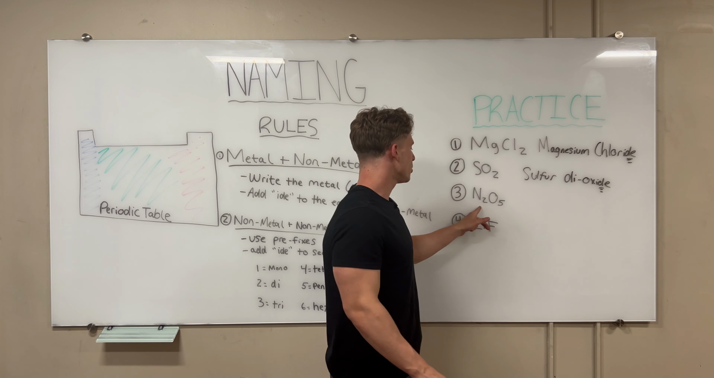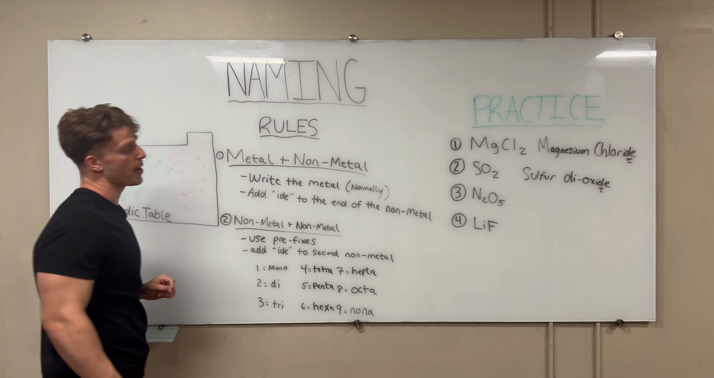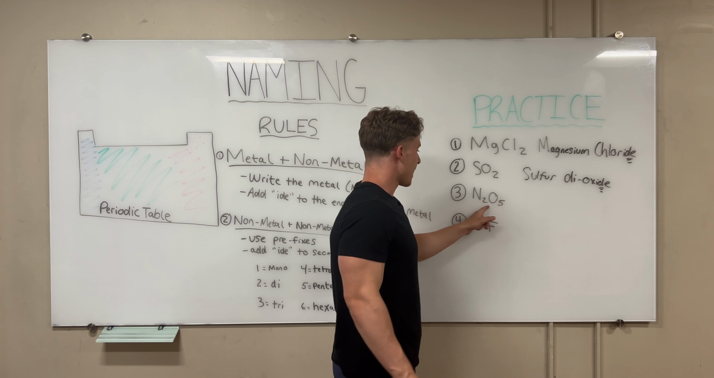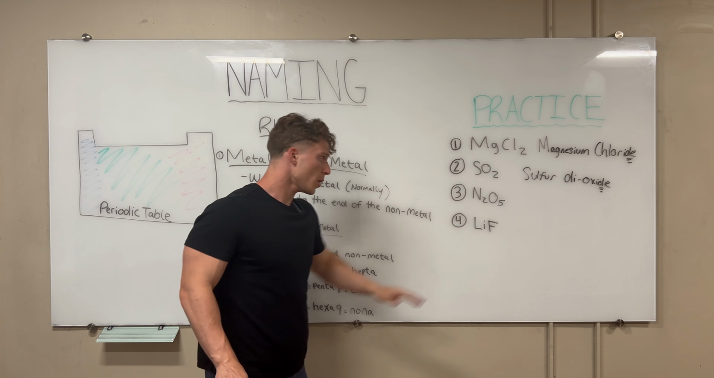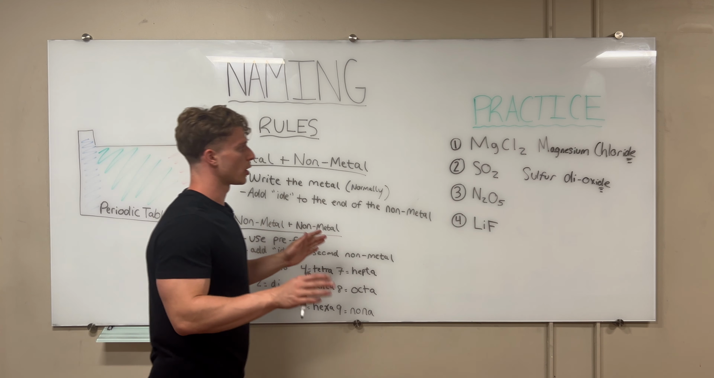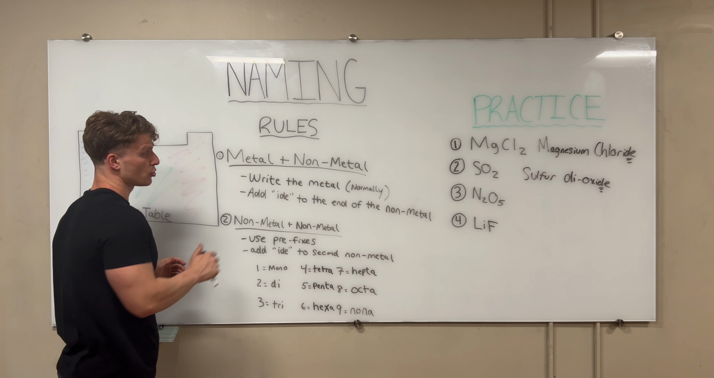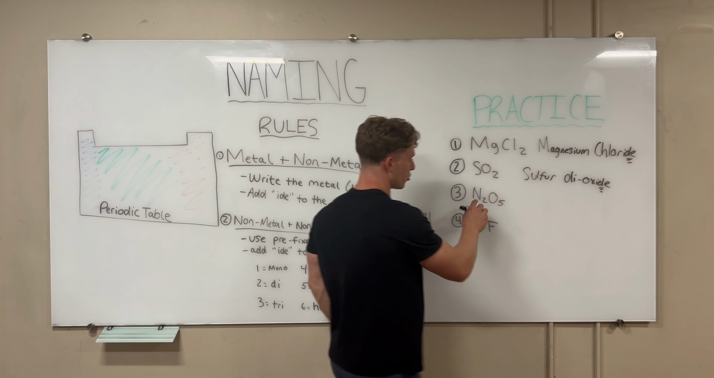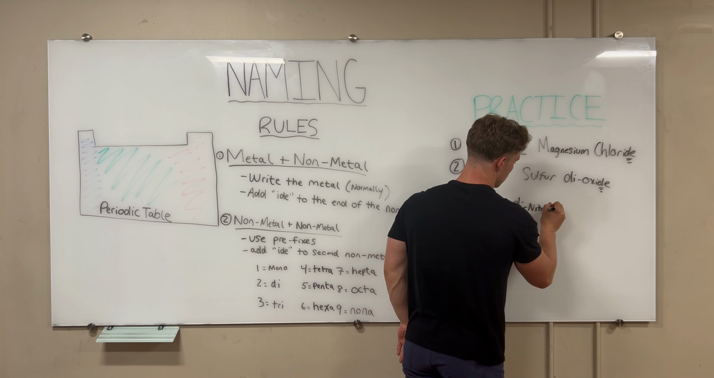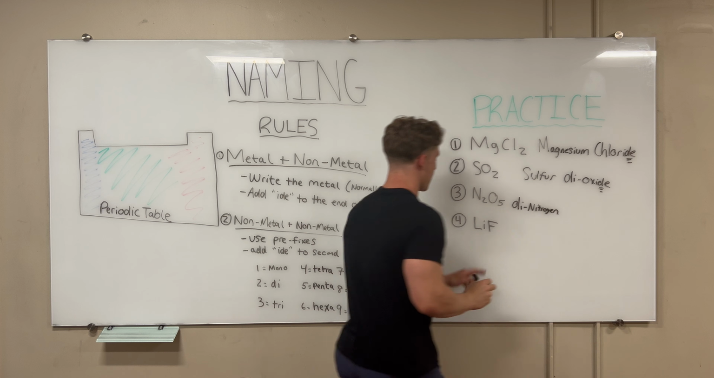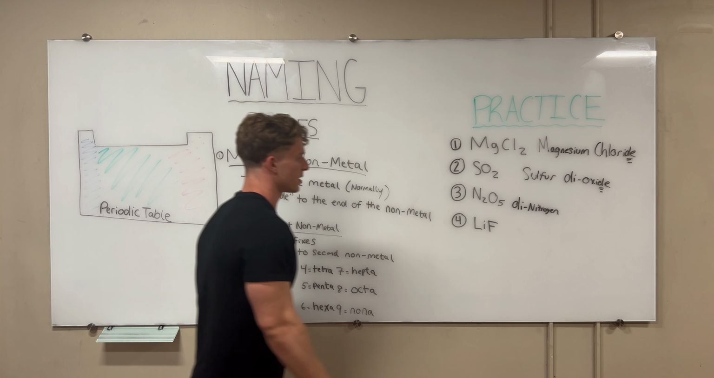And if the first thing has a 1, we don't include the mono, right? So N2O5. So this is nitrogen and oxygen, which again are both nonmetals. In this case, we're going to have to use the prefixes. Now, our first thing has a 2. The only time you have to follow that rule where you don't include it is if the first thing has a 1, you don't include the mono. But this is nitrogen with a 2. So this is dinitrogen, okay? And our oxygen has a 5, so that's going to be penta, right? So this is dinitrogen,